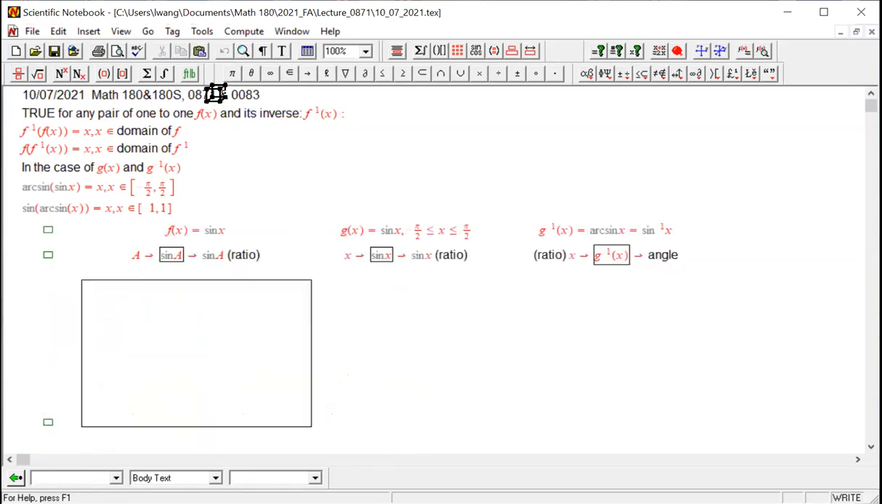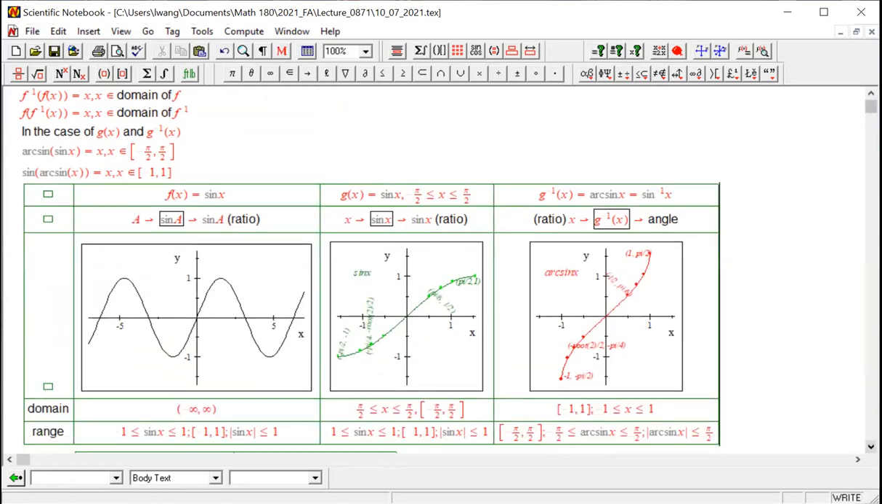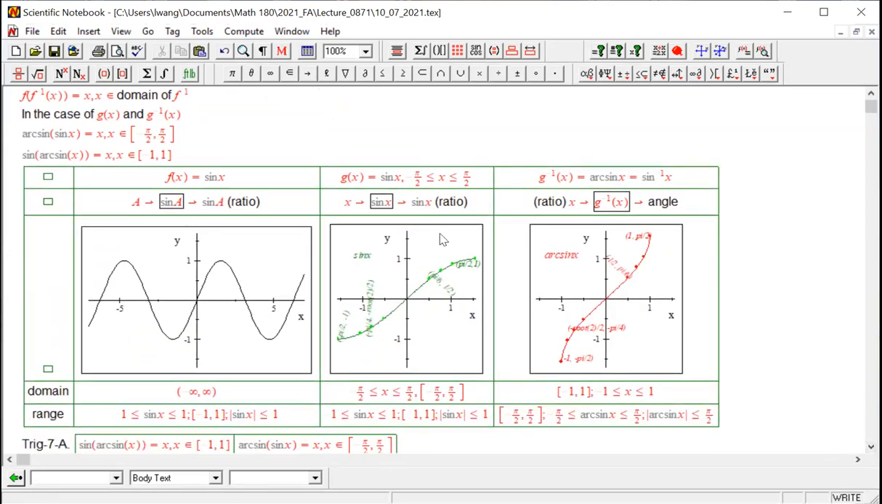The big picture. We have 3 functions involved. These two are inverse to each other. And this guy has no inverse. And these two are inverse to each other. And the one in the middle, I said that this one in the middle is rarely used,